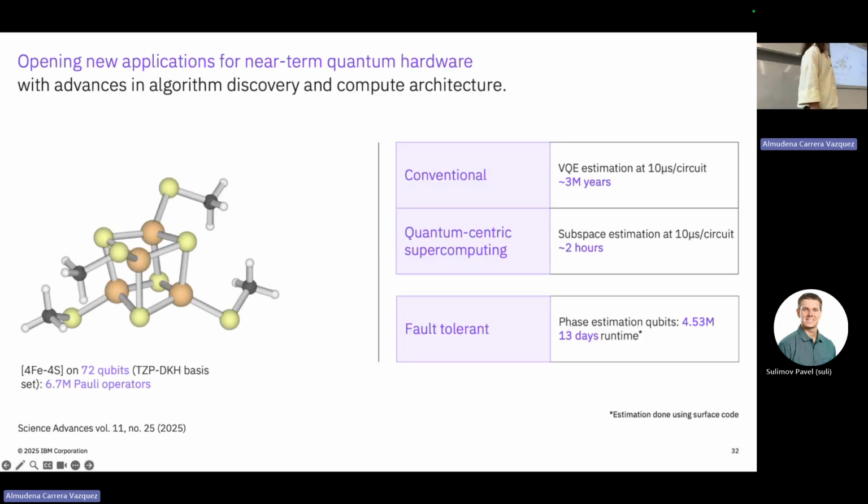In terms of what you can do with that, there is this molecule that is considered to be a fault tolerance molecule. It needs 72 qubits, and people try to simulate it. And it was calculated that if you were to do it with QPE, quantum phase estimation, which is an algorithm widely known to find the ground state, but in a fault tolerance way, then you would need 4 million days and 13 days of runtime. This was estimated with Microsoft Azure software, and it was for the surface code.